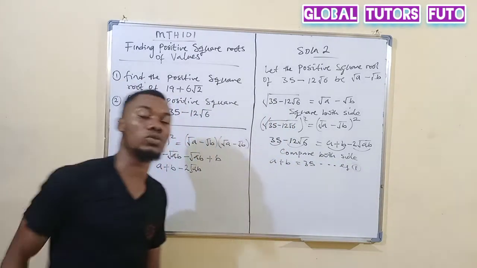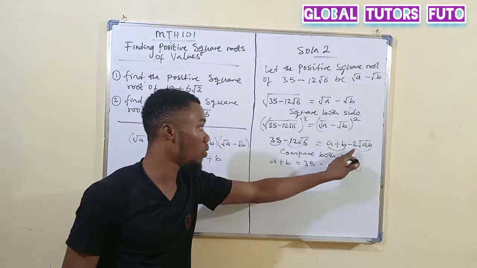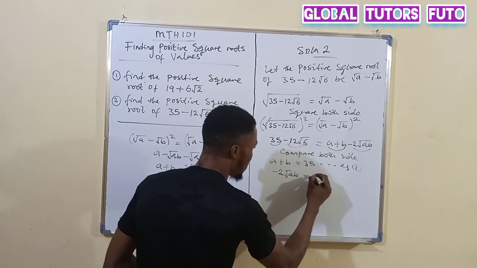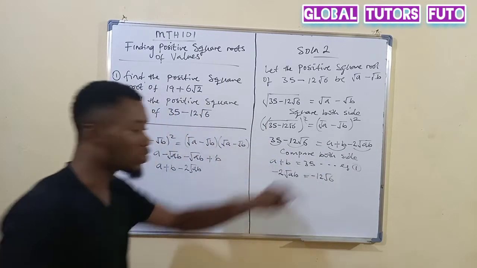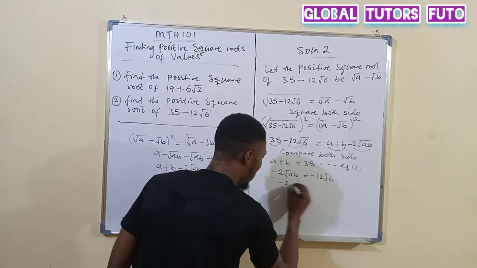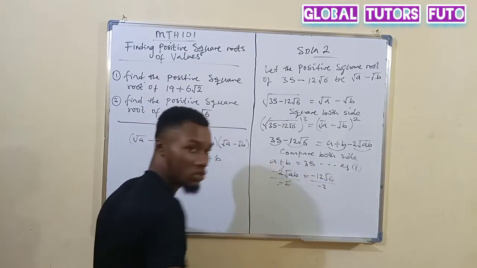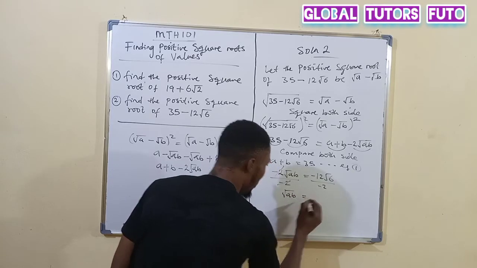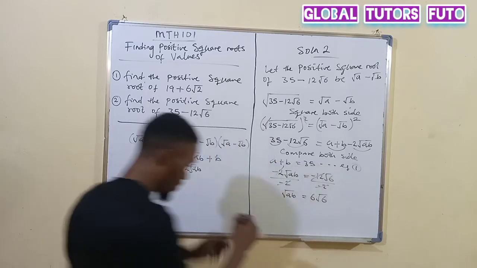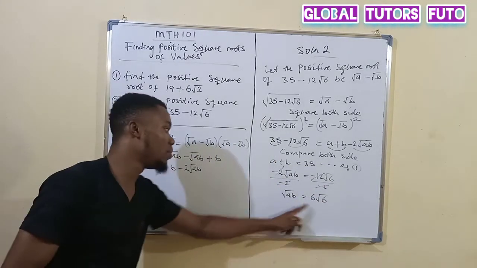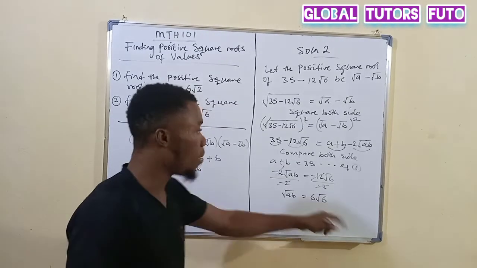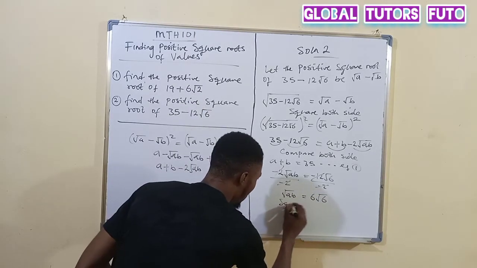This is exactly the other one. Just that in the other one we have positive, and this one we have negative. So now, minus 2 root AB is equal to minus 12 root 6. So let us work with this. Can minus 2 go in minus 12? Yes. So if we divide both sides by minus 2, minus 2 goes in minus 2, we have that root AB will be equal to, minus 2 goes in minus 12, we have 6 root 6. So at this point now, how do you think we can eliminate this square root that is here? Remember the previous one, exactly the same thing. Square both sides, okay?